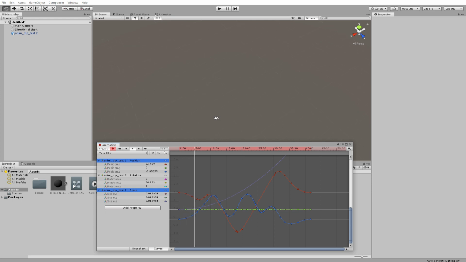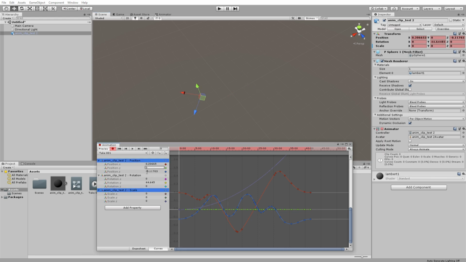It's very small, so let's see now. Now we can see this. Or I can increase the scale, since overall it's looking very small.